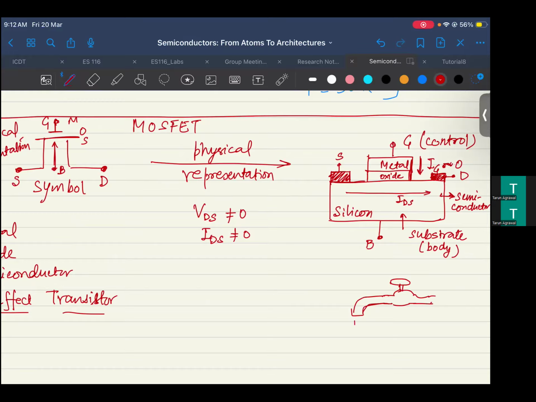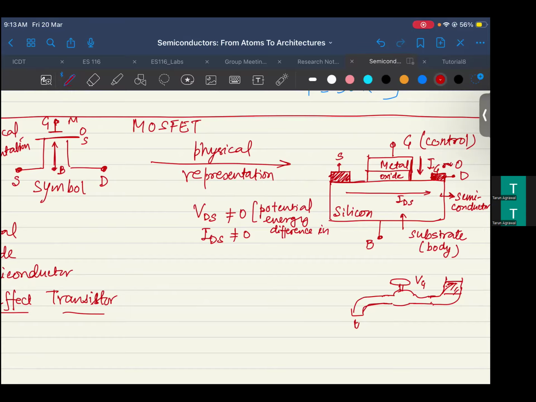Now, whether this is flowing or not depends on this control terminal, right? So in this case, when we apply a VDS, it is similar to applying a potential difference. That means you have water here, and there is no water here. Similar to that, if you apply a potential, you are basically creating a potential energy difference. So VDS not zero means there's a potential energy difference